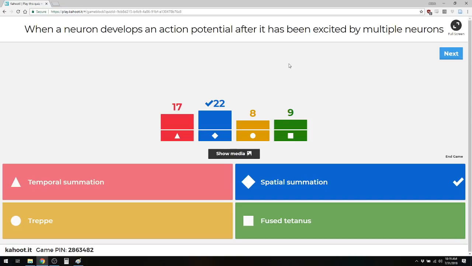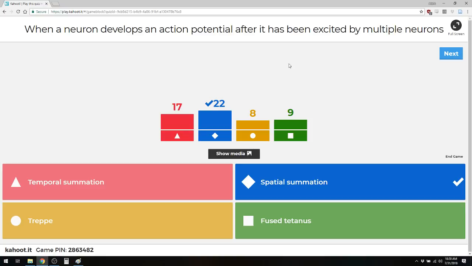Spatial summation is a bunch of neurons all firing in a concerted effort to try to get the action potential to occur there, okay? When you see that treppe, what is that? That's a step-like effect, and when you're looking at skeletal muscle contraction, as you start to recruit more and more motor neurons, you will see a gradual increase in the actual force of contraction as you recruit more of those